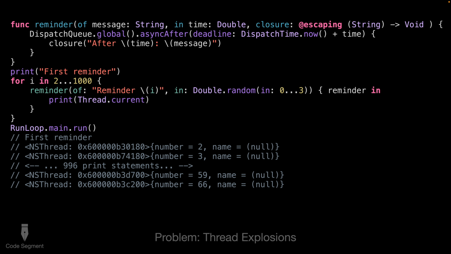So if we call this reminder of blah blah blah within a for loop 1,000 times, just one after the other, so just calling them as fast as we can on the main thread, it's spinning up new queues and threads as we go, right? Now, it is so fast to execute this print thread.current here. It's a pretty quick payload for the thread to print. So as soon as that thread is done printing that, it's back in the pool and available to be reused again, right? But we can see here in these things, there's going to be 996 print statements, and then